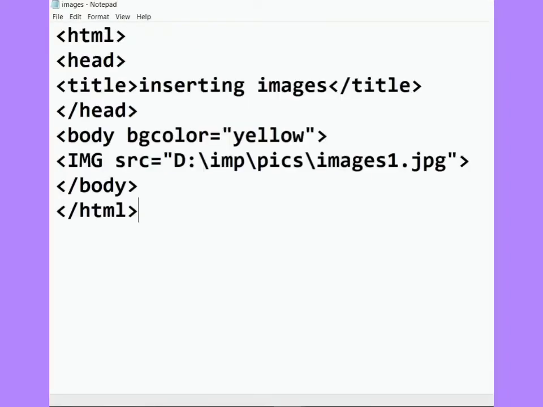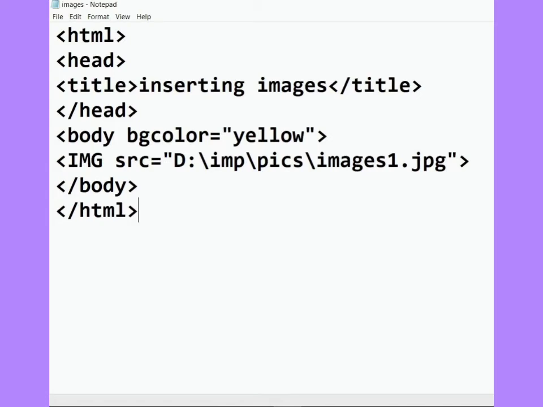In the next part, the HTML coding is used for inserting images as a title, but here I have not used the text, but I have given the background color as yellow by using the tag in body, bgcolor equal to yellow.